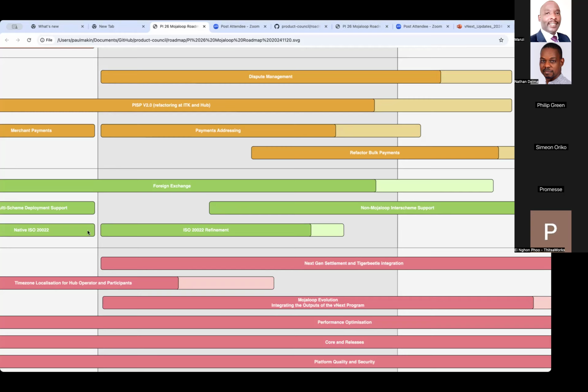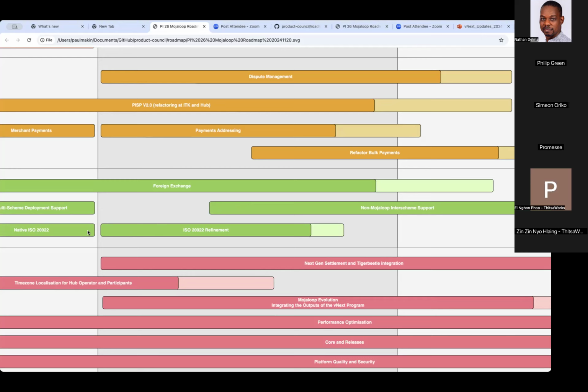ISO 20022, that work is largely complete, and it has been thoroughly tested, and it's going to be integrated into either the version 17 or version 18 release. It was a late finisher for the last PI, which is why there was some question about the V17 incorporation. But it is assumed that it will require refinement, as it is tested out in the real world.